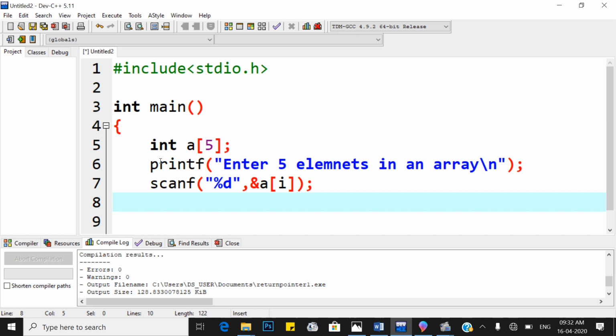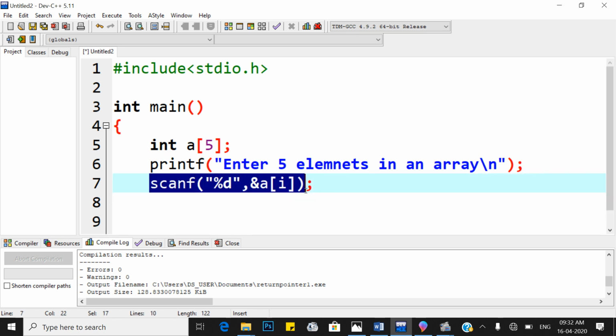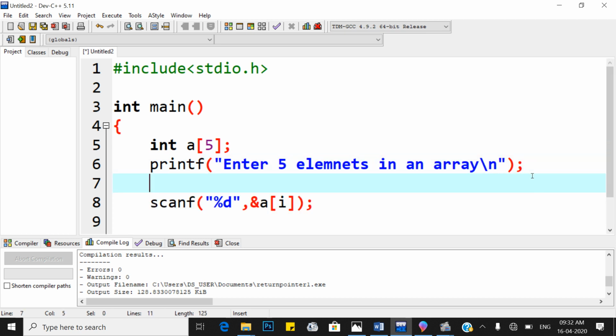This statement, how many times do we have to scan the array element? 5 times. So we have to include this statement inside a for loop, or any loop, but the easiest one is for. So we take for loop i equal to 0, where i is the index of the array, then i less than or equal to 4. How many times is that loop executed? 0 to 4, that means total 5 times. And next i plus plus.